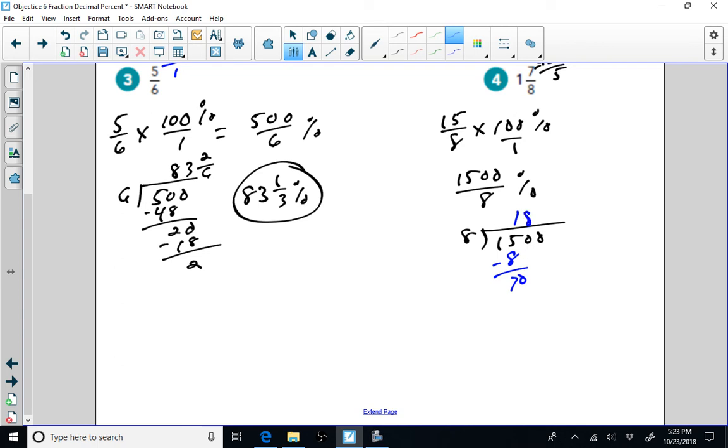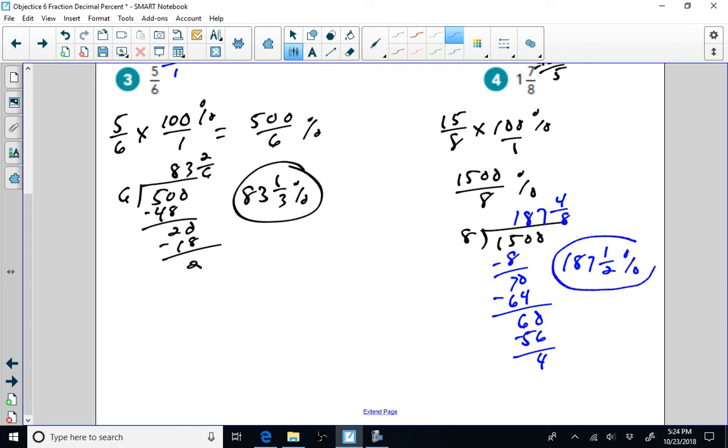8 times 8 is 64. Subtract, I get 6. Bring down the 0. 8 times 7, 56. Subtract, I get 4. My remainder of 4, I put over my divisor of 8. I can simplify 4 over 8. That becomes 1/2. So I get 187 and